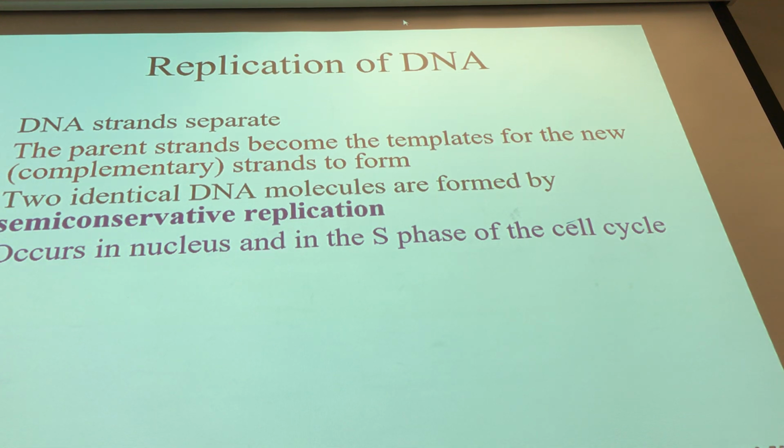Now, this is replication of DNA. DNA replication, we're going to double the DNA. It happens to all 46 chromosomes. And with all 46 chromosomes, we're going to add a second arm to them. So we're going to start off with two parent strands. And out of those two parent strands, right, so two parent strands for one chromosome, we are going to produce 4. We're going to double everything.